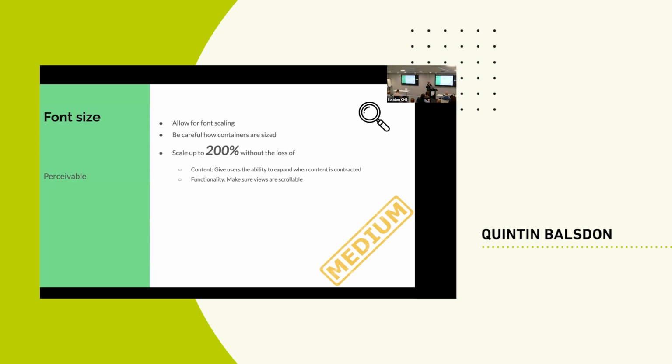And one of the biggest things that I've noticed that's really useful is when a lot of your content, or those containers that do contain text, are scrollable, even if it doesn't look like it needs to be, because when that font scales, all of a sudden they can just scroll through it, which is a great usability thing.